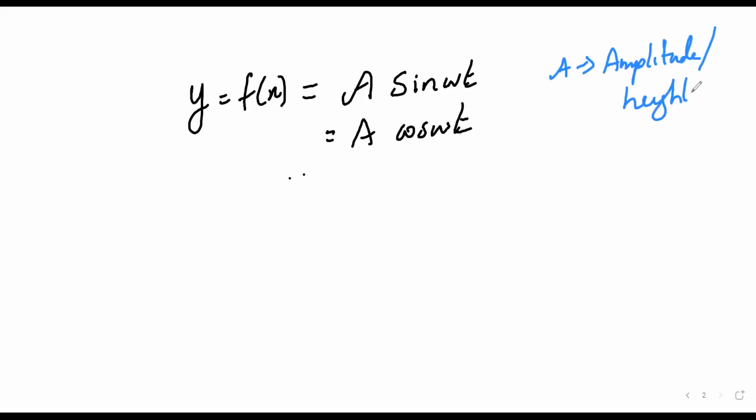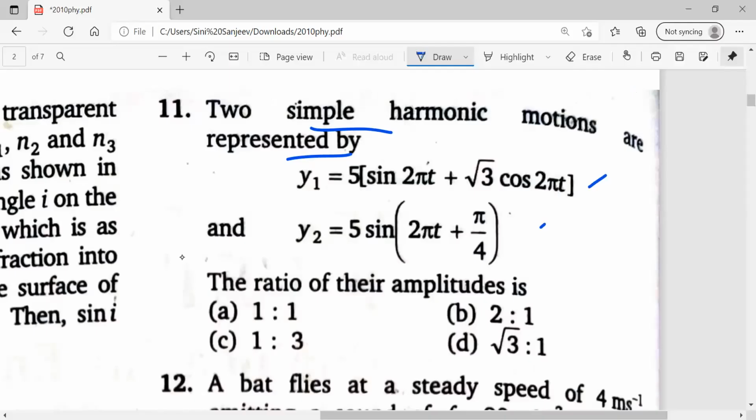So a harmonic function can be either sine or cos omega t, due to the angular velocity, correct? Omega has a lot of meaning: angular acceleration, angular velocity. So I cannot specify omega as one particular thing. But for our question, they specifically asked us to find the ratio of their amplitudes, correct? So basically, what is my y? My y is nothing but a sine omega t.